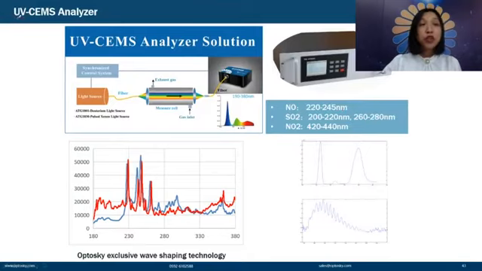Firstly, is the UV smoke analyzer. The principle is very simple. You just use the light source like a deuterium or xenon pulse light source, and then this light source deuterium, although deuterium has a higher reliability, but it needs to replace the bulb every half years. So, but pulse xenons don't require to replace the bulb. It can use over 10 years. So more and more people use pulse xenon